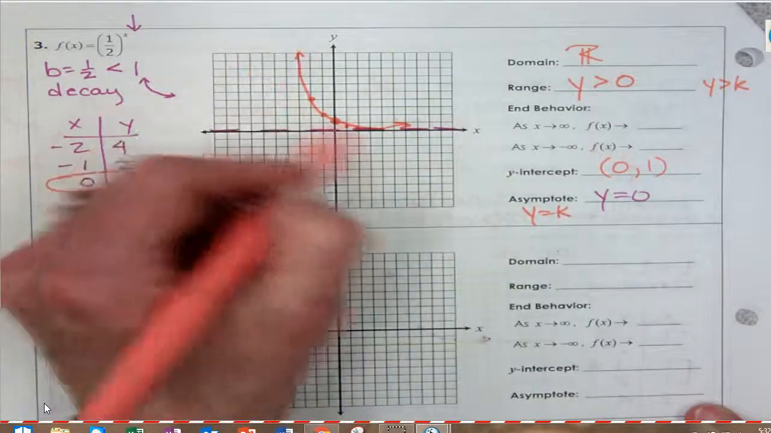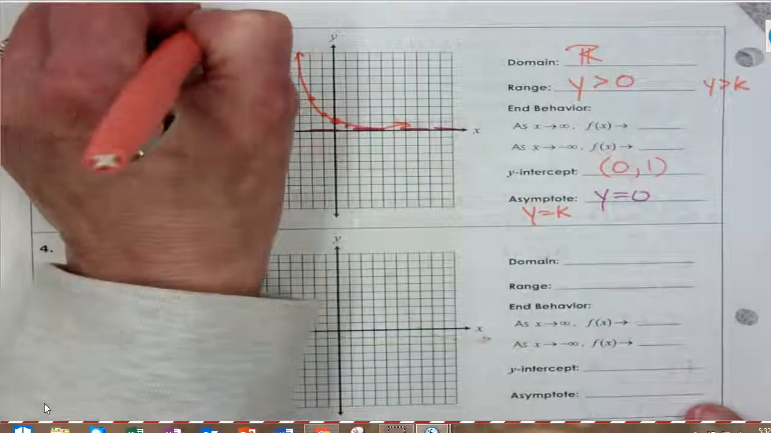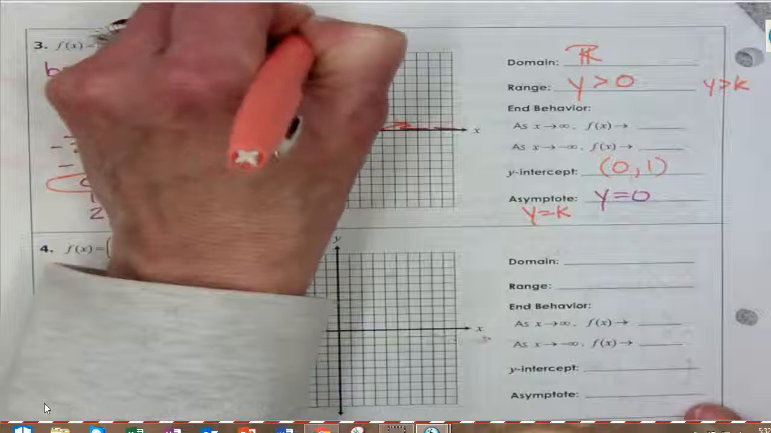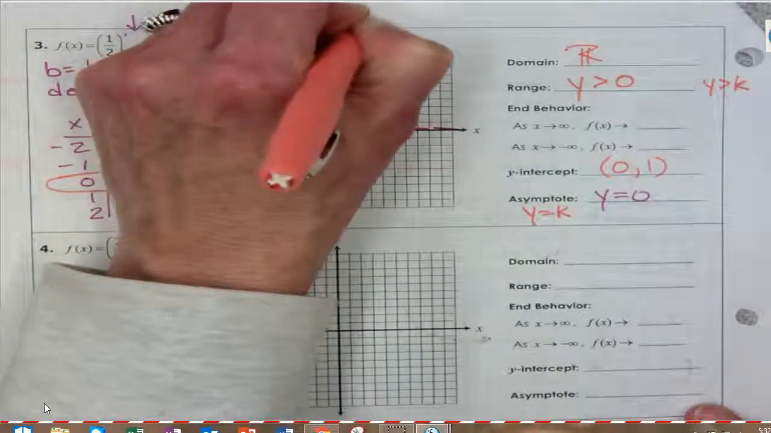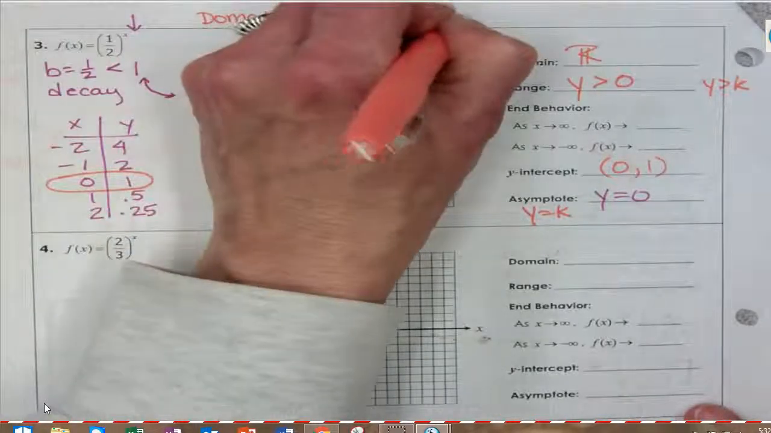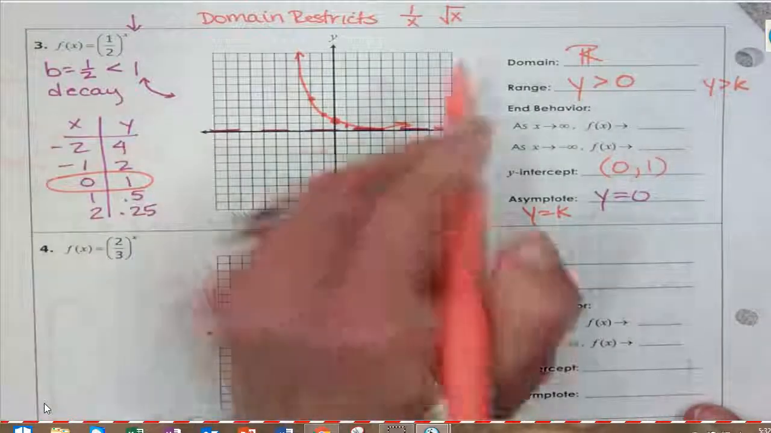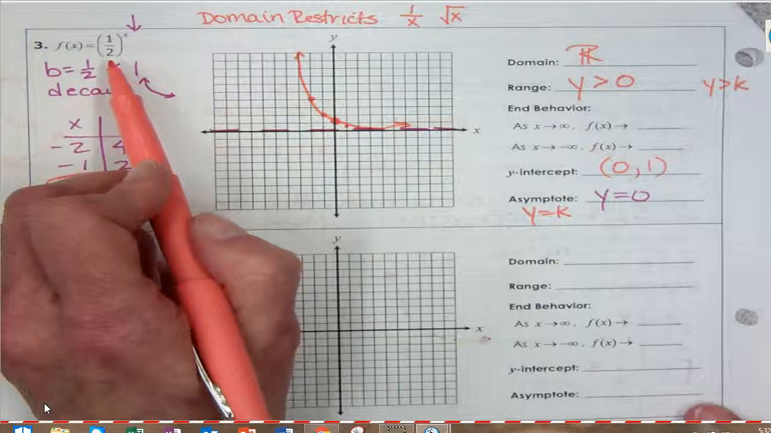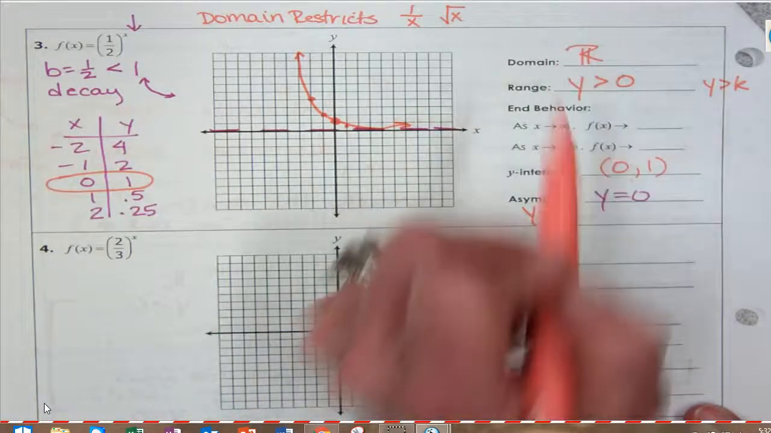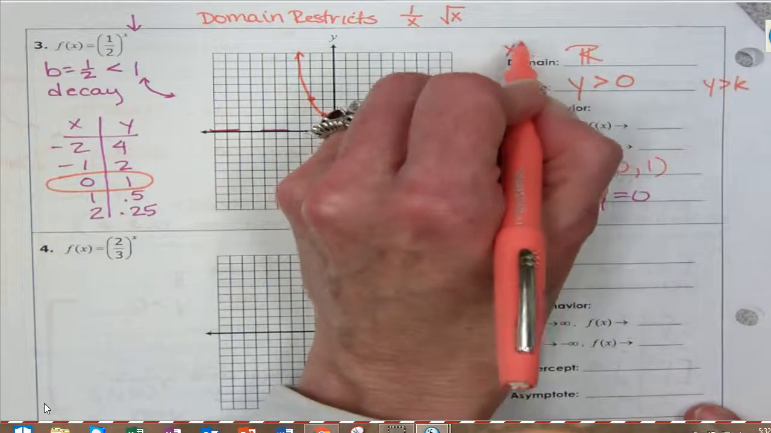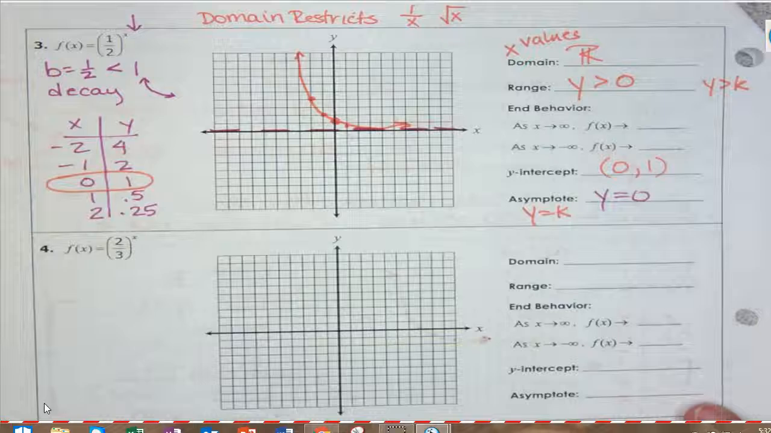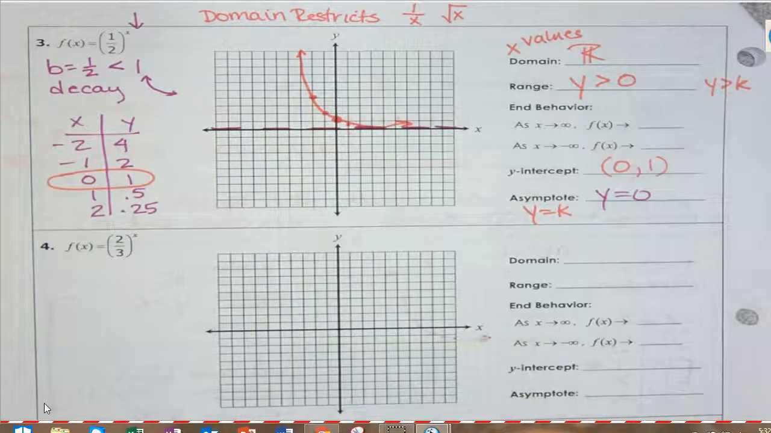There's no limitations on x, right? Because the only time you have domain restrictions is when we have x in the denominator or when we have x under a radical. That's not the case in either one of these situations. So we are perfectly fine with domain being all real numbers. These are our x values. All right. So just quickly,